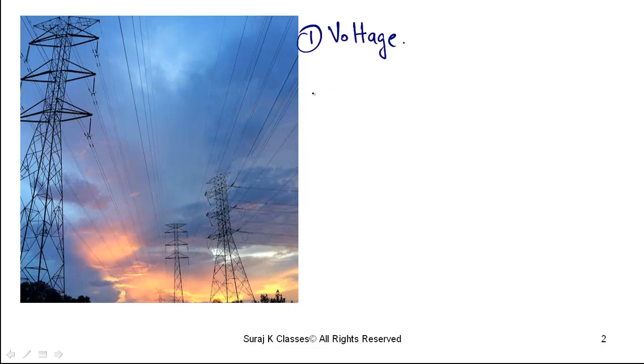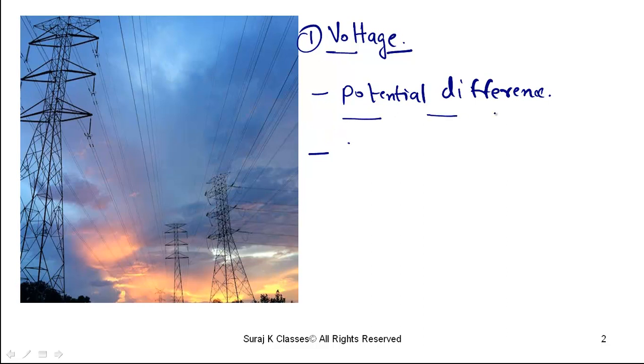voltage. Voltage is nothing but the potential difference. If you have watched my last video, then you must know what this voltage is and how you can compare this voltage to pressure, or to water pressure, or any pressure between two terminals. How you can compare this voltage to that terminology for making it simple for you to understand. Okay, voltage is nothing but the potential difference between 2 points of any live wire, or between any 2 points of